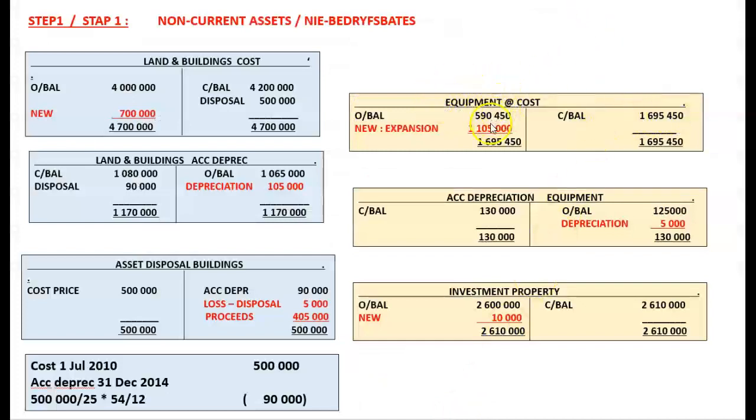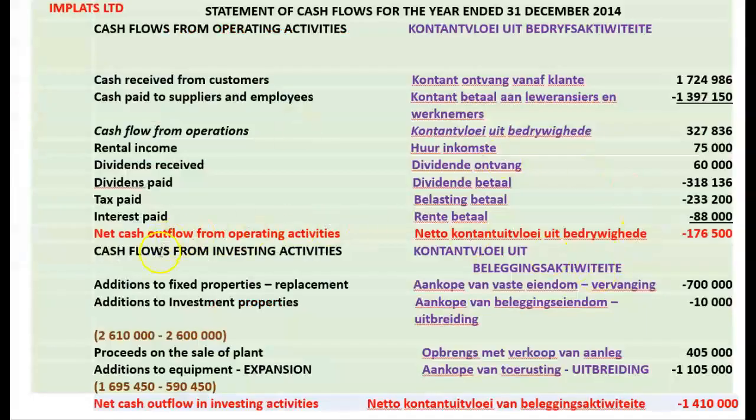Now, when we balance off the equipment account, you can assume that this must be for expansion purposes because there was nothing that I've sold. So if I didn't sell anything, what can I replace? So expansion purposes, 1,105,000, and I'm going to put that where it should be, cash flow from investing activities, additions to equipment for expansion purposes,